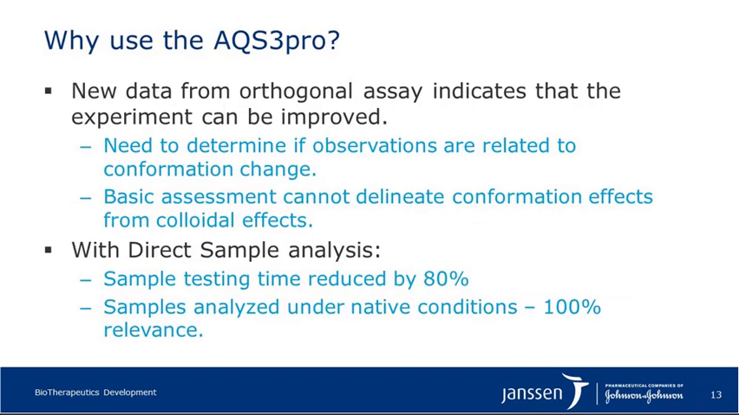So why should we use the AQS3 Pro? Well, we've actually followed up this experiment over the previous few months of the year. And new data from an orthogonal assay indicates that this experiment can be improved. As I mentioned at the very beginning, the samples were prepared in acetate Tris, which is a normal buffer for this part of the purification process. But what we were able to do is look at samples that came straight off of a protein A column, only in the eluting acetic acid buffer, and determine ways to look at that stability using this orthogonal assay and